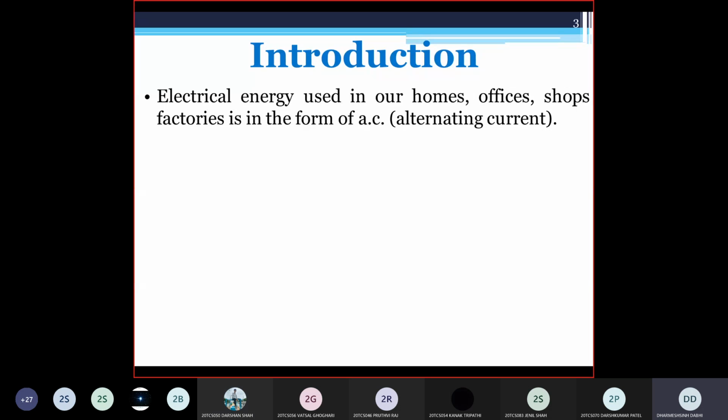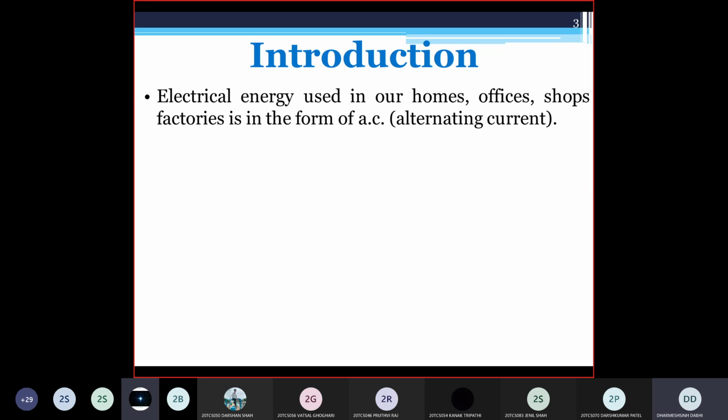Okay. Can another one give me the answer? Why do we generally prefer to use AC instead of DC? See, for some applications we require DC also, like in most electronic circuits, like in our mobile charger, we use DC. Here, we provide the AC supply.